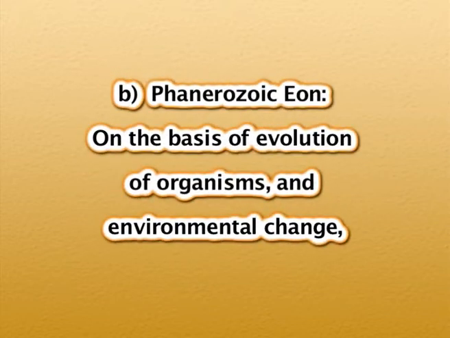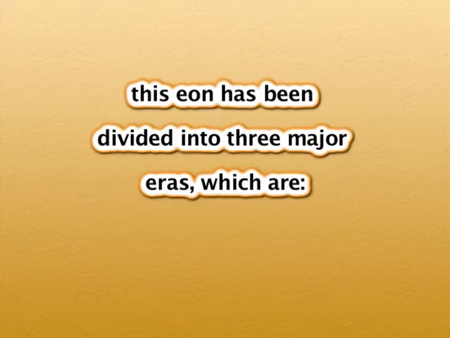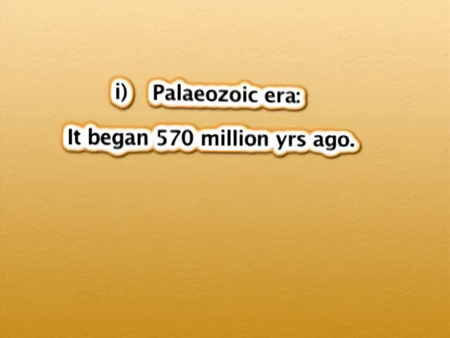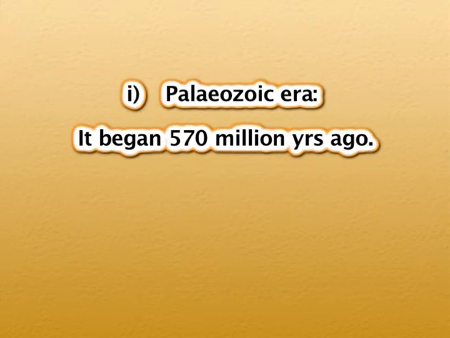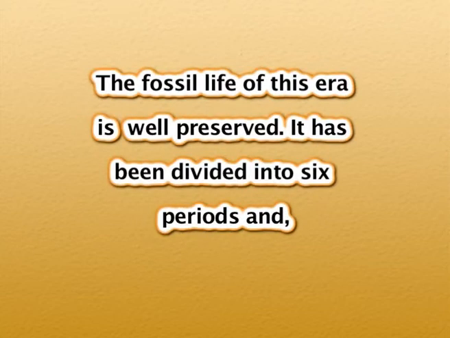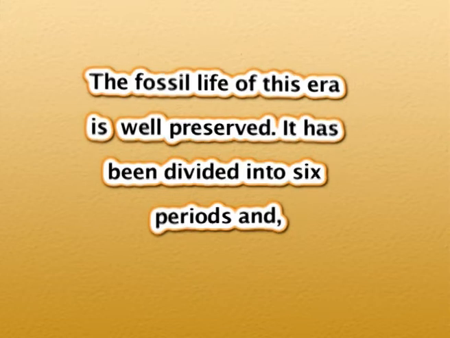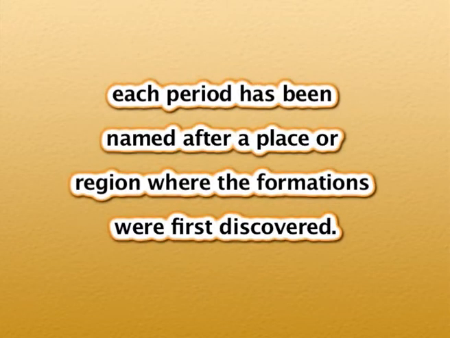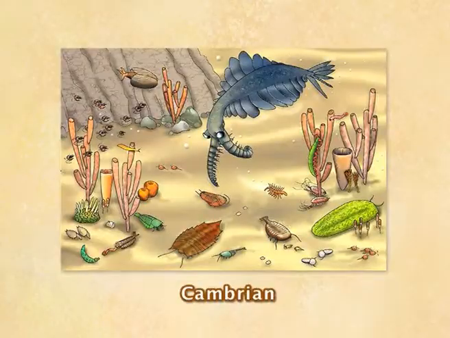Now, Phanerozoic eon. On the basis of evolution of organisms and environmental changes, this eon has been divided into 3 major eras, which are Paleozoic era. It began about 570 million years ago. The fossil life of this era is well preserved. It has been divided into 6 periods, and each period has been named after a place or region where the formation was first discovered. The periods of Paleozoic era are as follows: Cambrian, named for the Cambria, the Roman